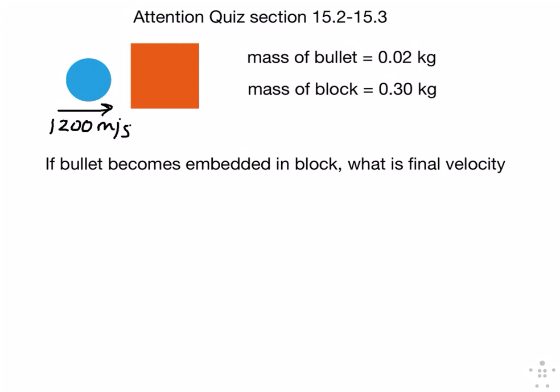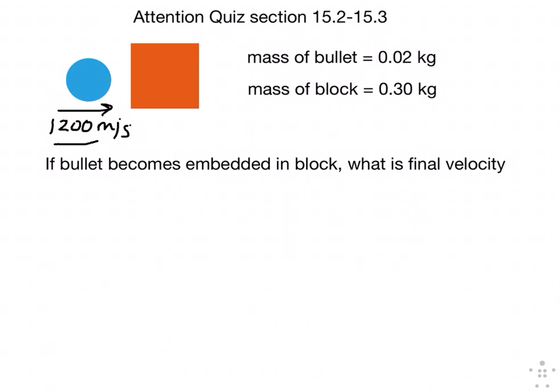So this was a short question that was in the attention quiz section of the lecture for 15.2 to 15.3. Hopefully you worked that through on your own, and this is just a short video that goes through the solution. So here we have a bullet of mass 0.02 kilograms, and it's traveling at a velocity of 1,200 meters